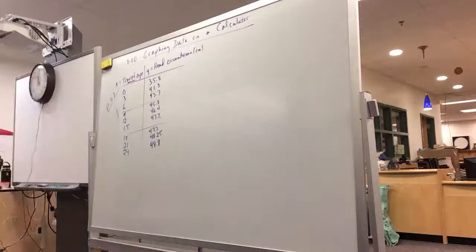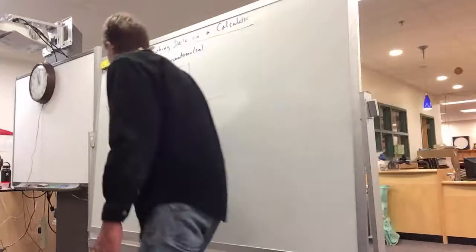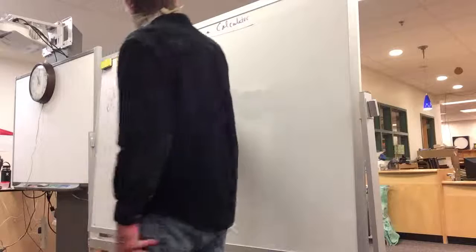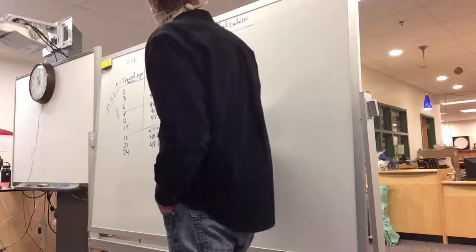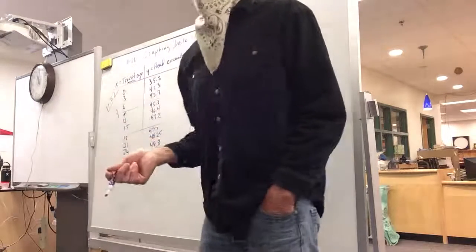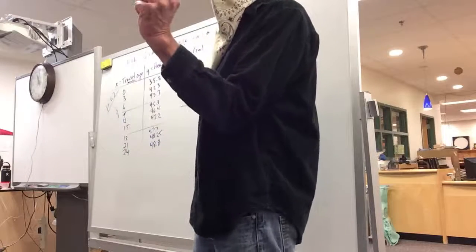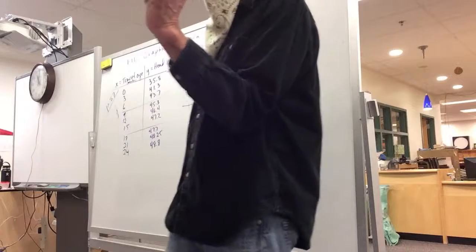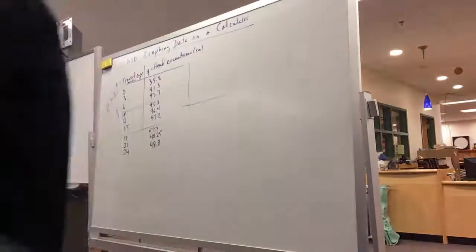Okay, so we want to take all of this and we want to make a graph. Well, normally what we would do is we would create a horizontal axis that went from 0 to 24. And then we create a vertical axis. But we don't have to start at 0, we might break it off and start out at 30 instead. Because you're probably not going to have a circumference of 5 for a baby's head. Not a baby human being, maybe a chicken. Yeah, turkey. So what I want to do is create a scatter plot of these data points.